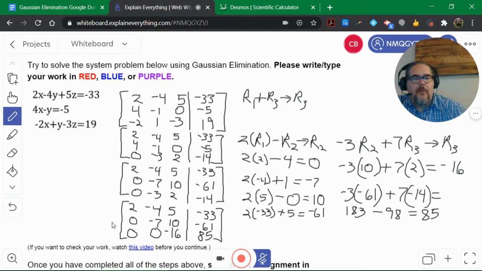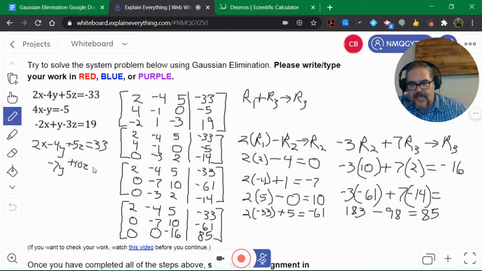Okay, so now we've got our zeros here. We can go ahead and rewrite our equations. Remember, the first equation is going to be the same as the original, 2x minus 4y plus 5z equals 33, because we really didn't change that row 1 at all. Okay, our second one is going to be negative 7y plus 10z equals negative 61. And then we have negative 16z